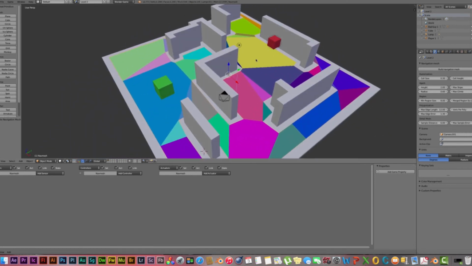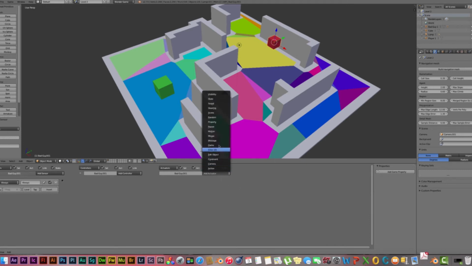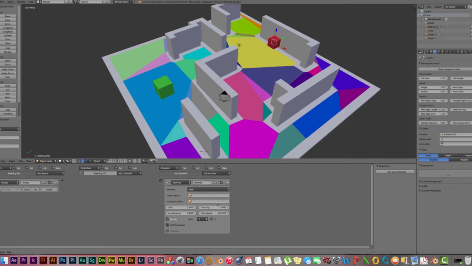Okay, what we need to do then is we're going to click on our character, and in future lessons we will look at ways of triggering your character to start coming towards you, but in this case we're going to make them always come towards you, and we'd label that normally. And all we're going to use is a steering actuator,